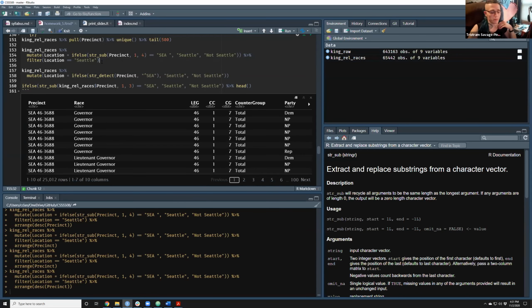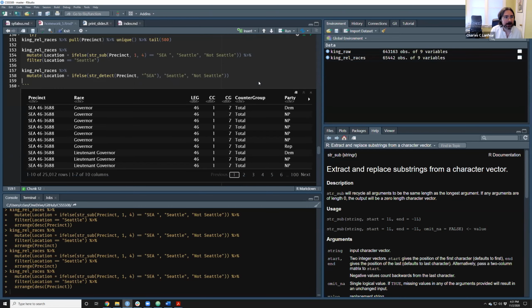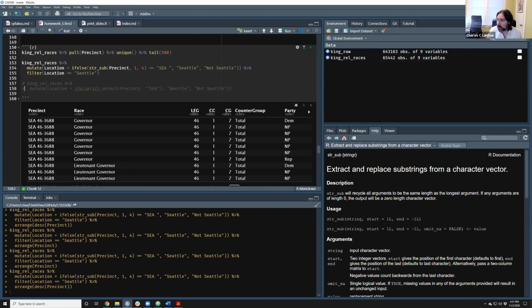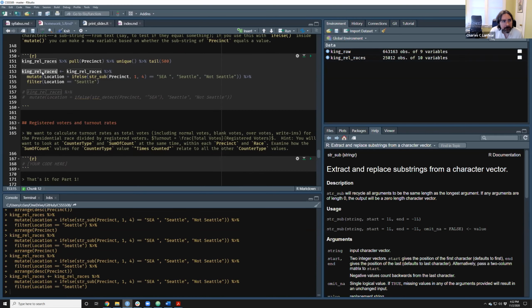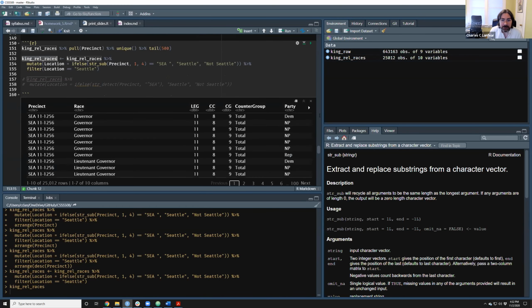Okay. Thank you. I'm going to delete a couple things, but I'm going to leave this here as an example in case people want to see this later. Okay. So now what I'm going to do is assign this back to, let's say, yeah, I guess I could just run it back to the same object. Okay. So now what we have, if I display King Rel races, is the same data as before,